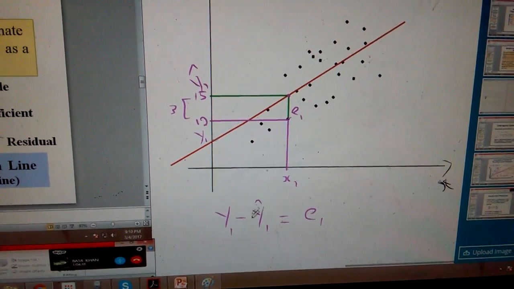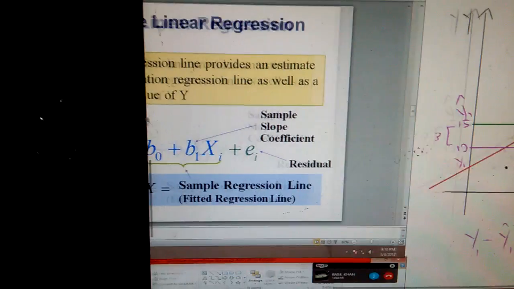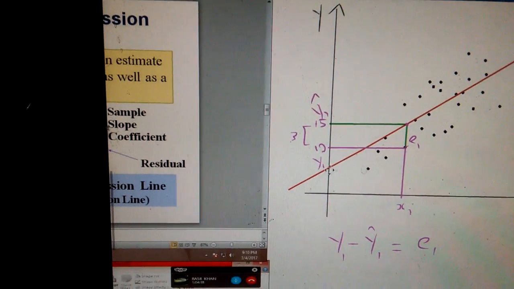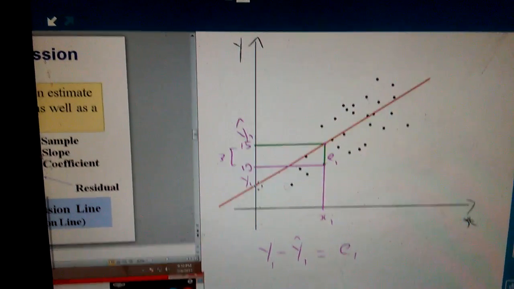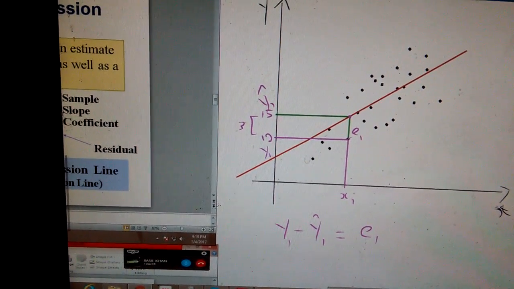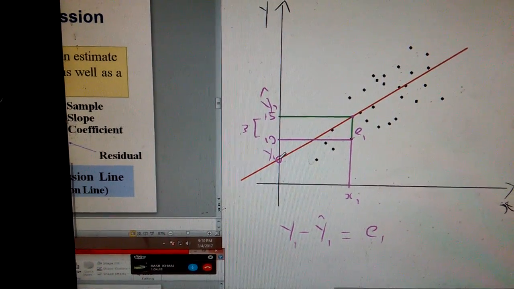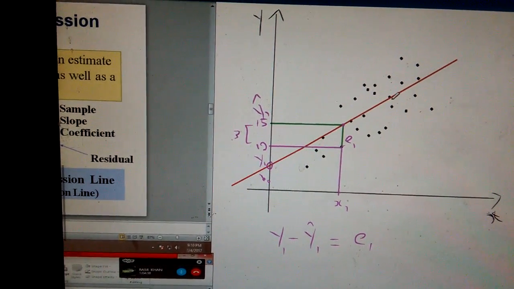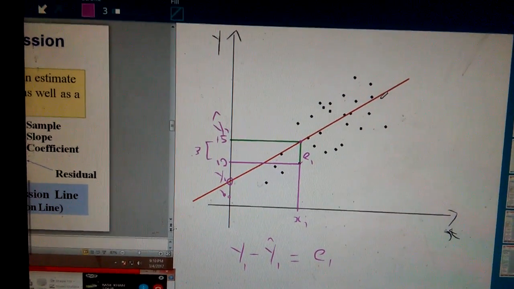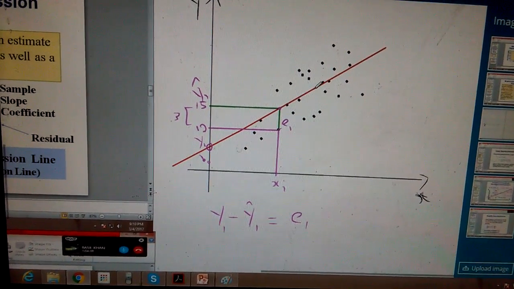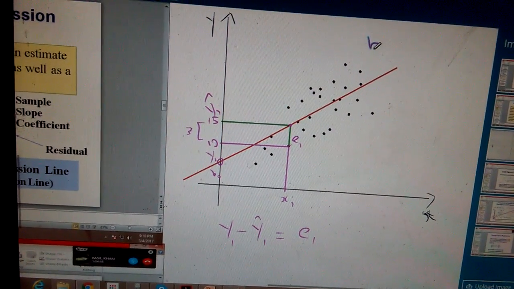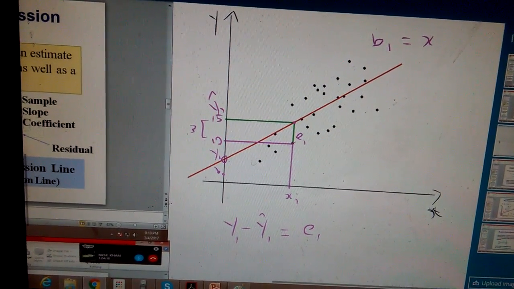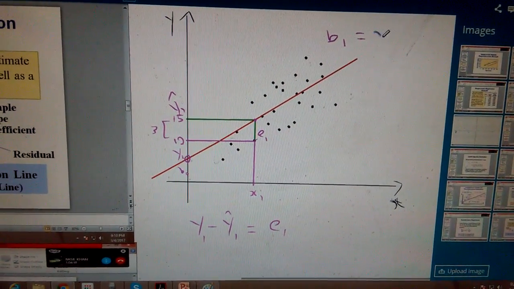You know that your y1 cap is equal to this equation, with b naught and b1. This is your b naught because the red line, the line of best fit, is cutting the y-axis at this point. And the slope, you know well how to calculate it, rise over run, and I mentioned the formula in one of my previous videos. You can calculate the slope by taking any two points lying on the line: y2 minus y1,